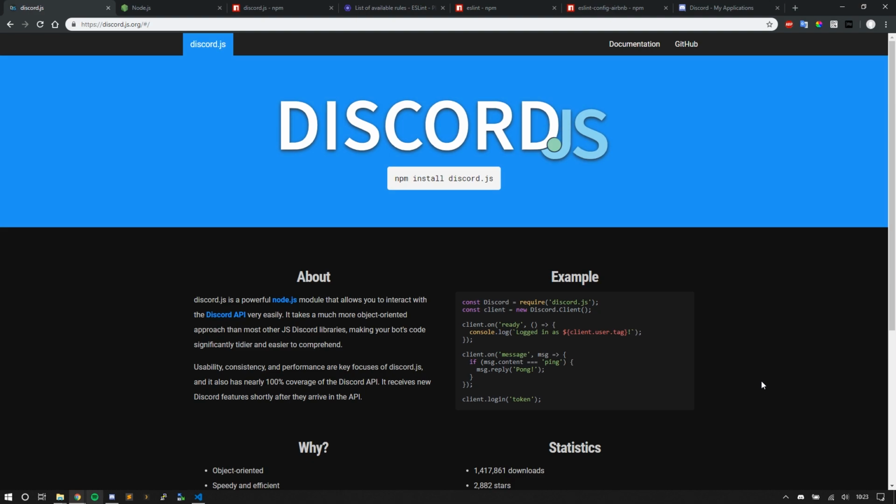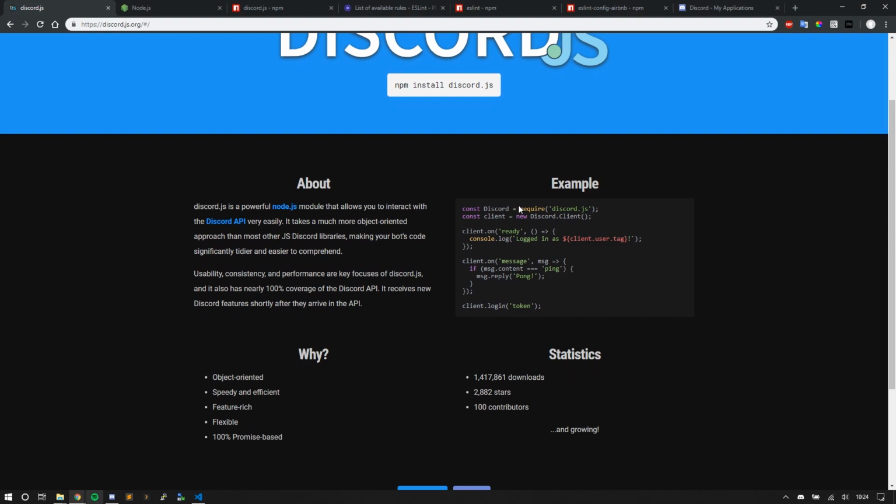With this JavaScript library and just how it interacts with the Discord API in general, it's very extensive what you can do. You can see that here in the documentation, which is very great. It's one of the best API documentations I have seen and worked with. This API has become my best friend. Here you can see a little example of how you get started right off the bat, and this is the code that we're going to be using later on.